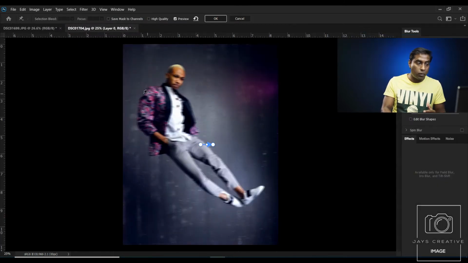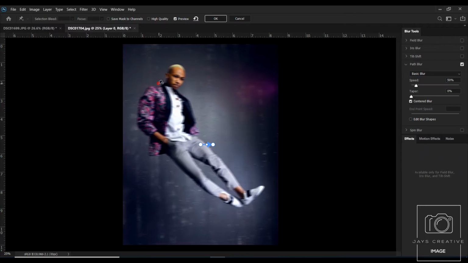And what I'm going to do is create a path for this one. So I'm going to click on here, click over there, make a curve. Click here and click again in the middle point, make a curve. Click here and click over here, click again over here in the end point, go to the middle point and drag it over there, and again